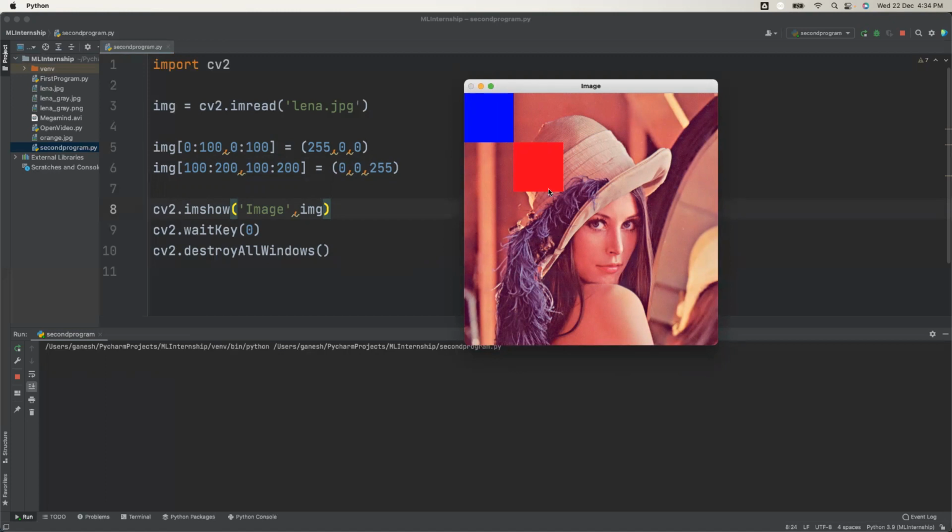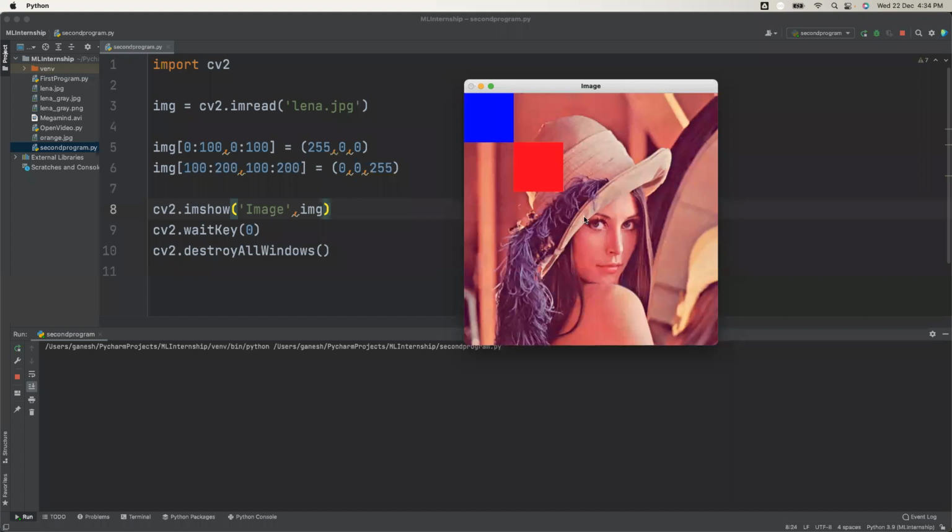Yes, students, are you getting this? Yes, Shiva, Akash, are you listening? Tushar, Aditya, are you able to get this output? This is called slicing of an image. How to slice the image? If I want to change a particular part of the image, then how to change that part? Yes, we can change that part like this.